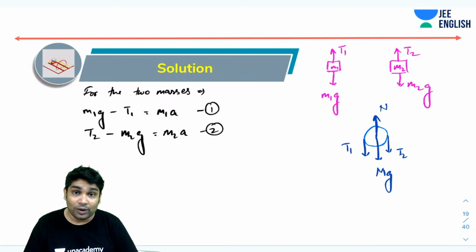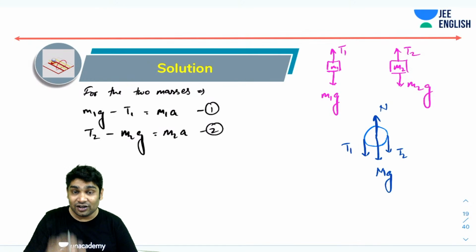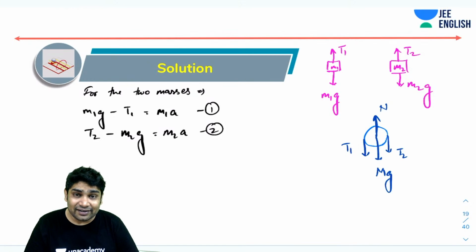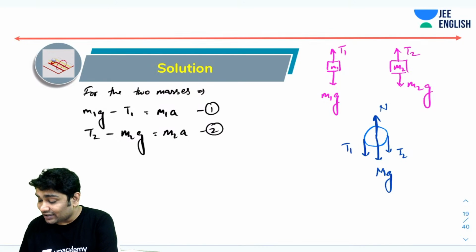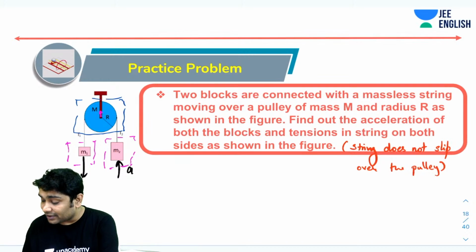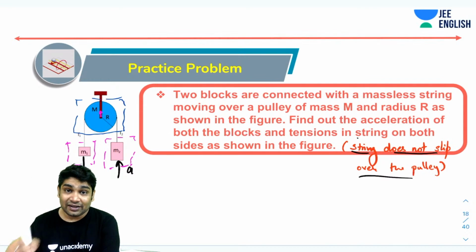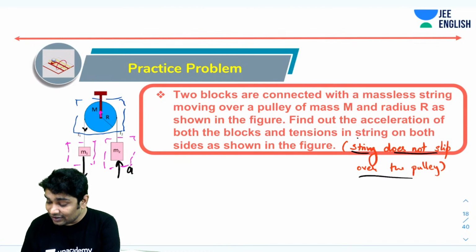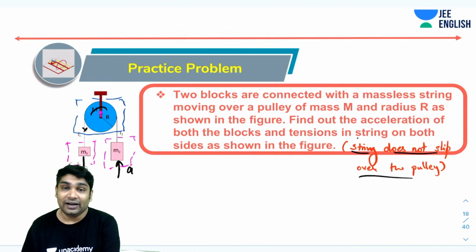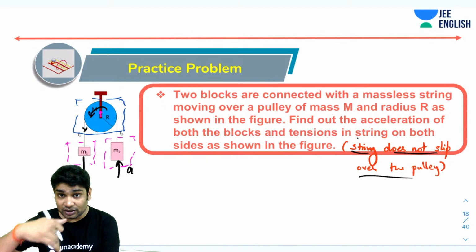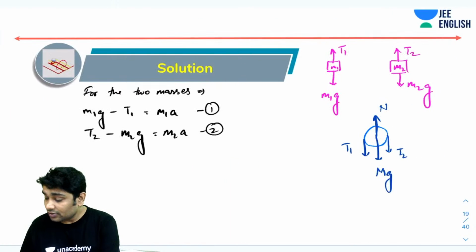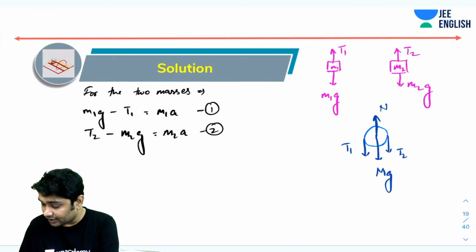The pulley is not going up or down. It is only going to rotate. So I will just write the rotatory equation for it. And obviously, if the string is not slipping over the pulley, and the rope is moving like this, then the pulley will have to rotate like this. Great. The pulley would have some angular acceleration in the counterclockwise direction. So for the pulley,